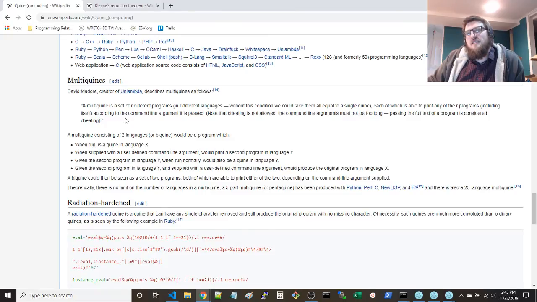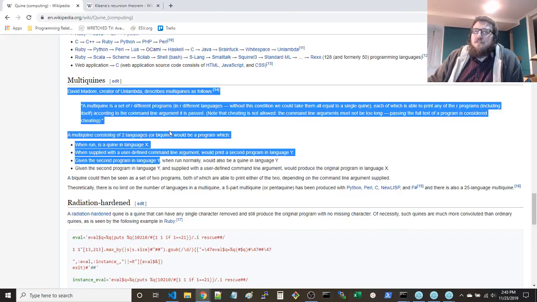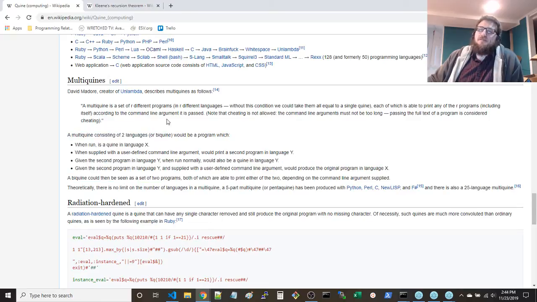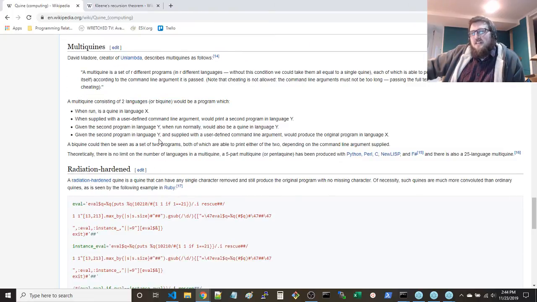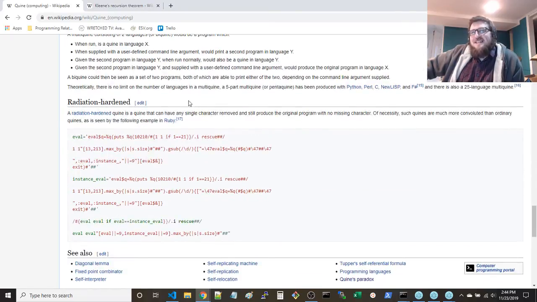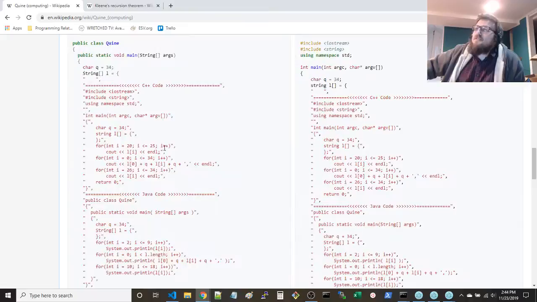Unlambda. Instead of different programs in different languages, we could take them all equal to a single quine, each of which is able to print any of the programs, including itself, according to the command line argument it is passed. Note that cheating is not allowed. The command line arguments must not be too long. Passing the full text of a program is considered cheating. So it's a quine in a certain language, and then you can give it a command line argument, and it'll process that argument to produce a quine of the other languages. And if it's two languages, it's a biquine. This is ridiculous, man. So that's a multi-quine, which is not the same thing as an Ouroboros program, and nor is it the same thing as